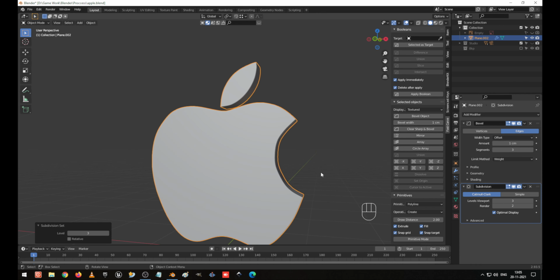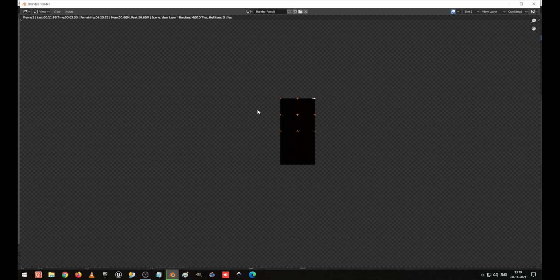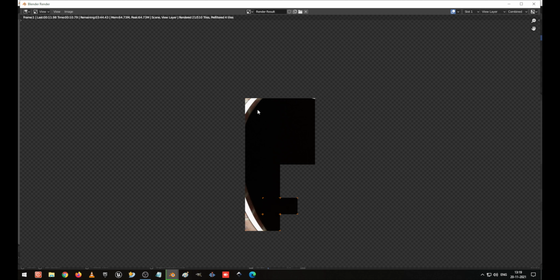So it started rendering. So I do one thing. We have to do some more settings in system. I will guide you how to do that. Go to the preferences, go to the system, and here these two should be selected, so it will run a little bit faster for us. Okay, I press F12 again and let the rendering complete. So it takes some time, so I will skip it and come back.